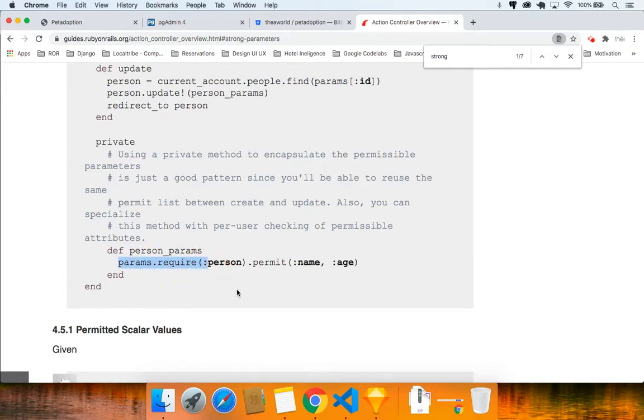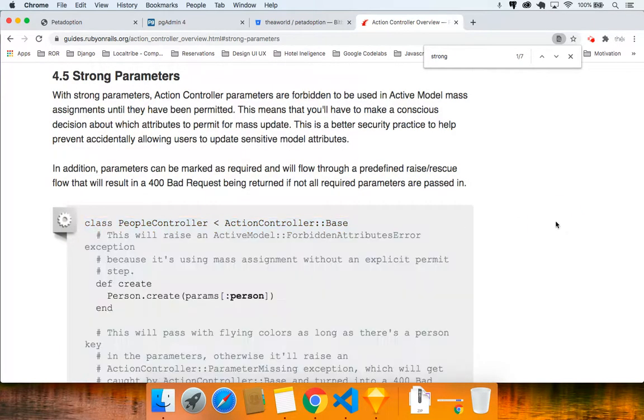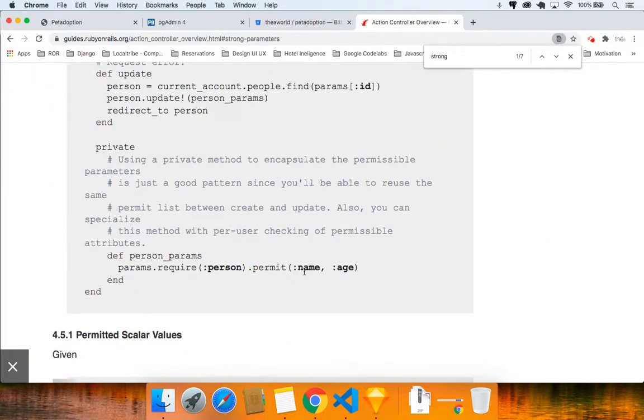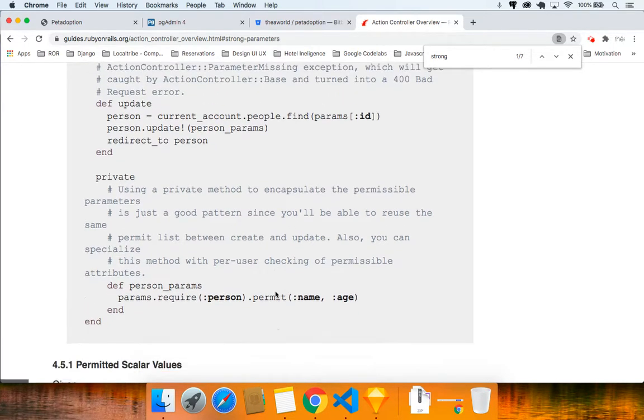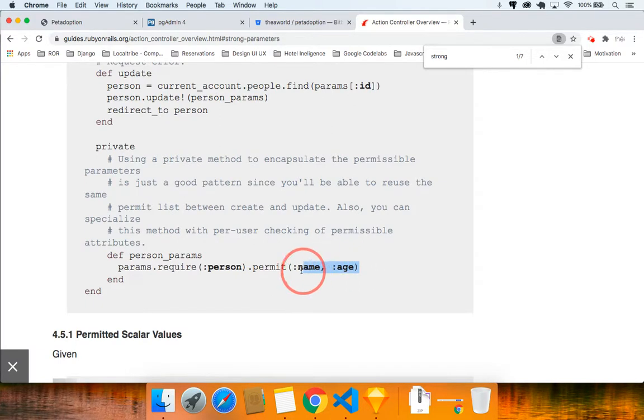Guys, please don't get bored. This is person, and permit name and age. So over here, it's saying you can only update, you permit this person to only mess around with name and age. Okay, so that's what strong parameters is for, so that I can only update or create or modify name and age. Okay, so strong parameters, whenever you're creating a controller, the first thing you want to think about is